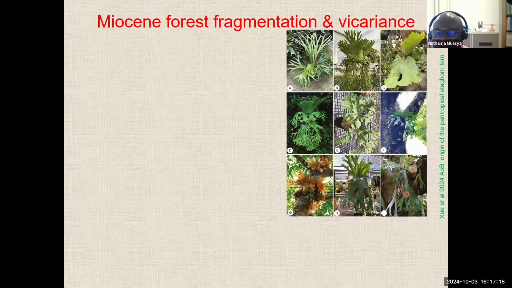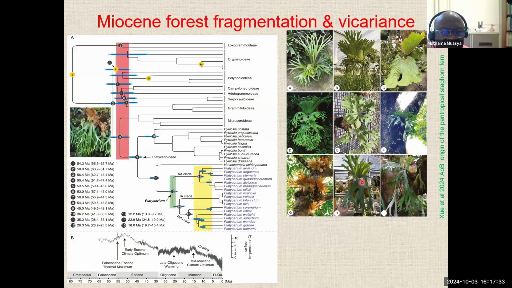And in the special issue of Annals of Botany that we convened, Zhu and Kokkas looked at the origin of this pantropical group, which has about 6 species in Africa and a lot of species in Southeast Asia. Southeast Asia was thought to be the center of origin. But in making phylogenies of the Platycerium, together with other members of epiphytic ferns, we find that there's a radiation origin of those lineages which are epiphytic, especially the polypodies, going back to the late Paleocene, at a time when perhaps forests were extensive, and you have the ancestor,